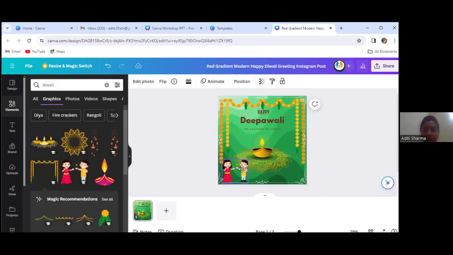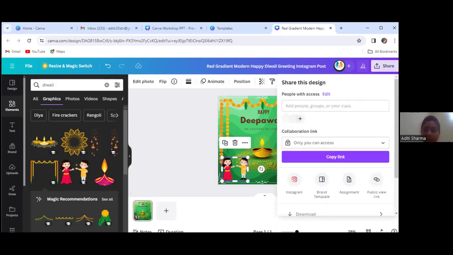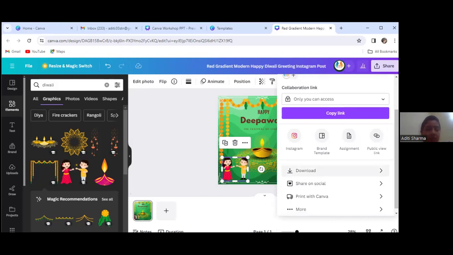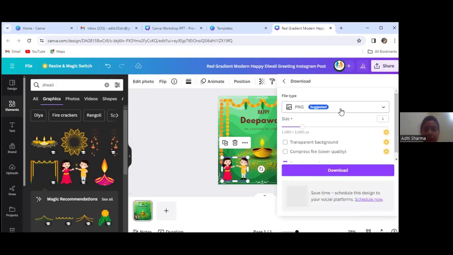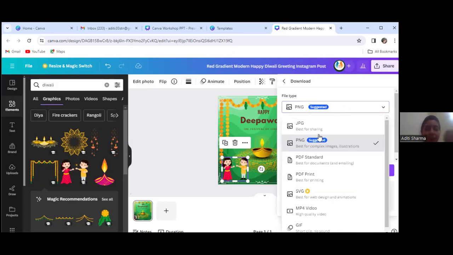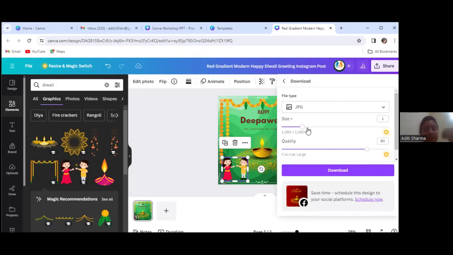यस, ओके। नाउ ये हमारी डिजाइनिंग कंप्लीट। नाउ द लास्ट ऑप्शन इज हाउ टू डाउनलोड इट। शेयर में जाइए, scroll it, download option. अब हमारे पास फोटोग्राफ्स डाउनलोड करने के लिए PNG, JPG, ये 2 ऑप्शंस हैं, they are good. अगर आपको प्रिंटिंग निकालनी है किसी भी फोटोग्राफ्स की, तो you go with the PDF printing, because पिक्चर क्वालिटी PDF प्रिंटिंग में ज्यादा अच्छी आती है। And if you just want to send on the WhatsApp groups, so you just download from here, JPG or PNG, then you can download.